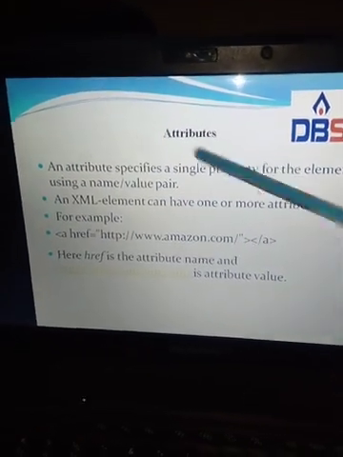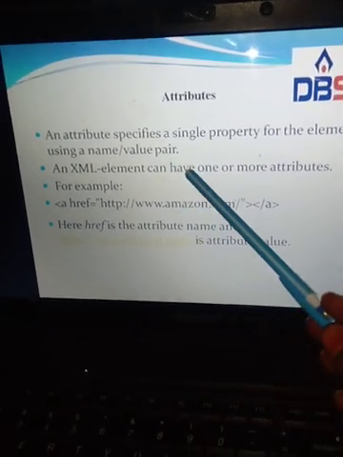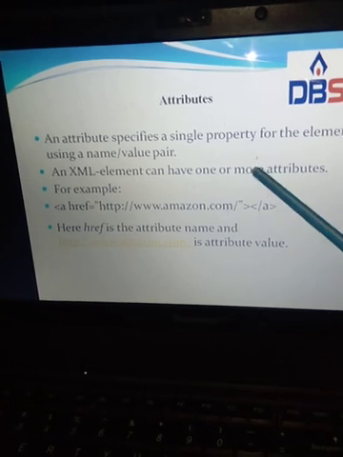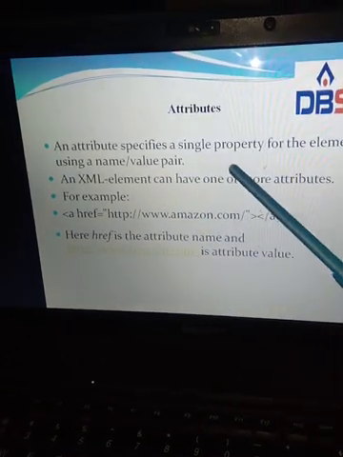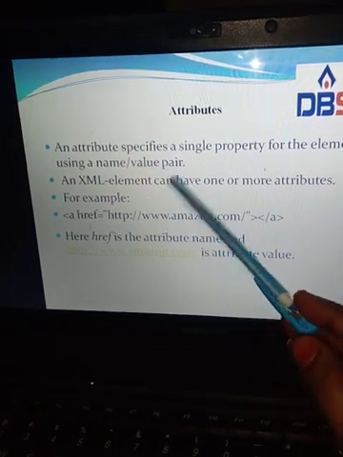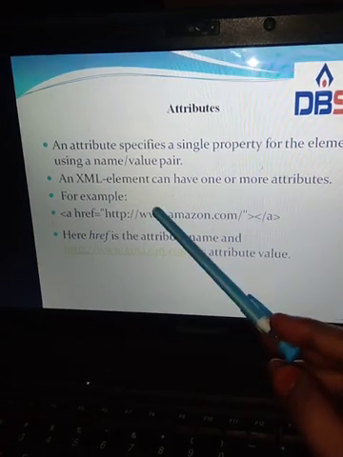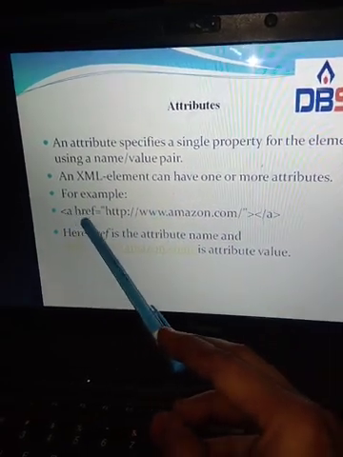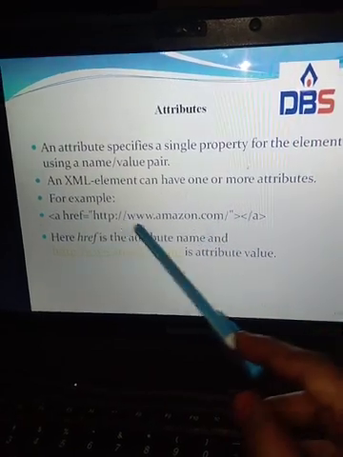Next topic is attributes. An attribute specifies a single property for the element. An attribute defines a name-value pair. An XML element can have one or more attributes. For example, a href equals amazon.com, and the anchor tag is closed.